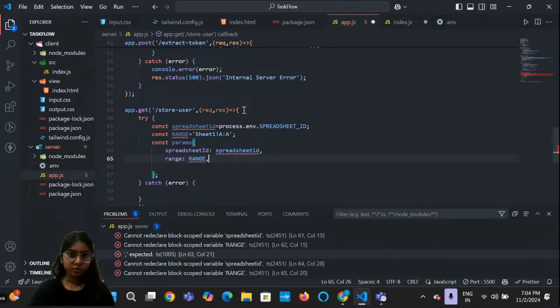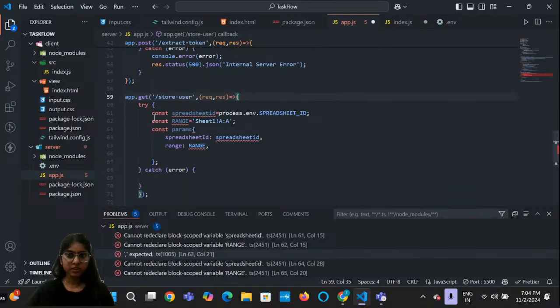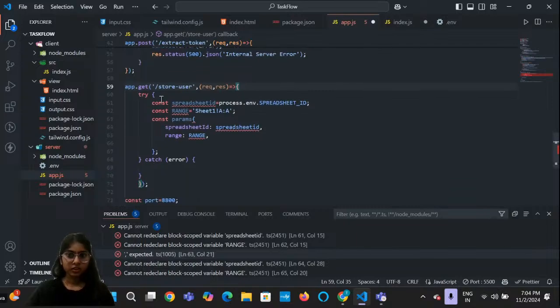So request resolve. This is there. So user comma request and response, this arrow curly braces. Then we'll have a try block. After this, it wants spreadsheet ID equals to this, process.env and